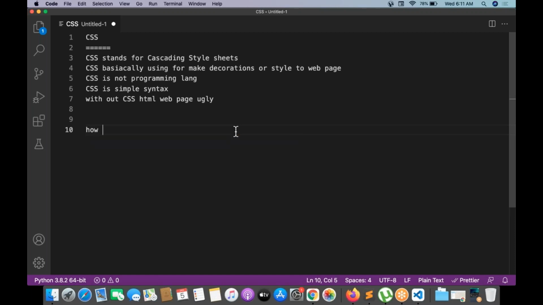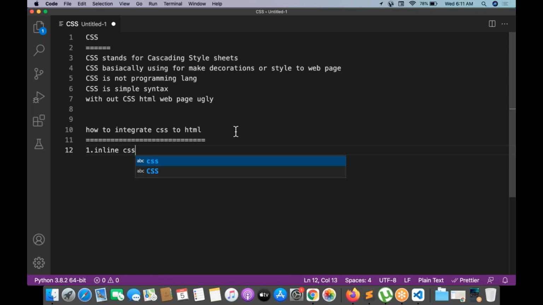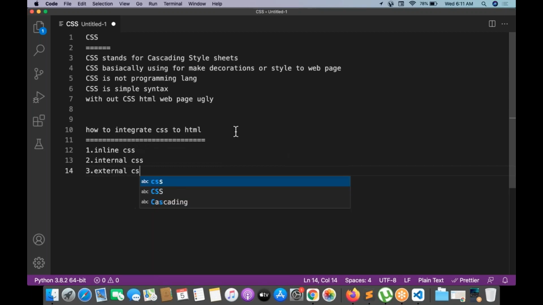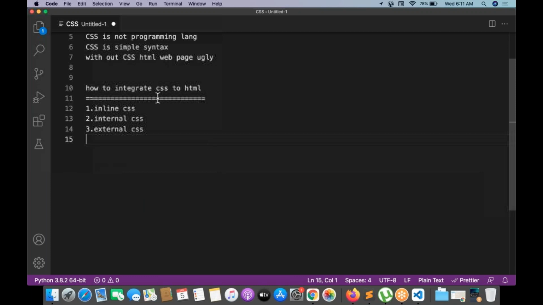How do we integrate CSS to HTML? There are multiple ways to integrate CSS to HTML. The first way is inline CSS. The second way is internal CSS. The third way is external CSS. So what is inline CSS?